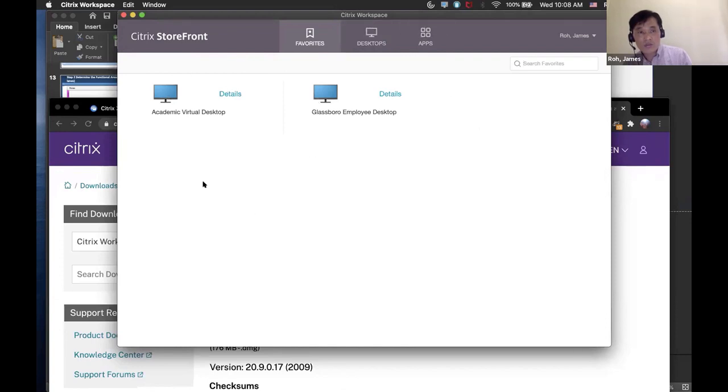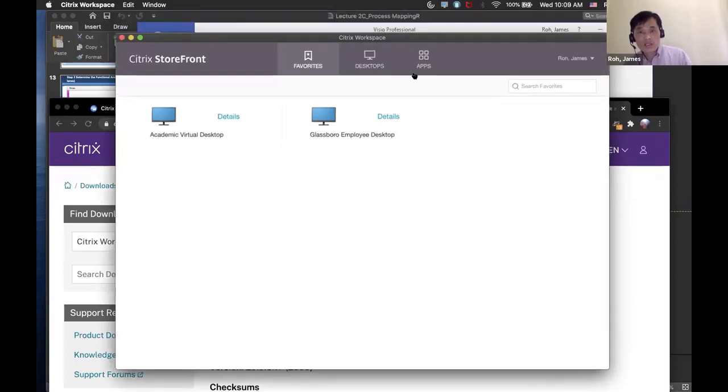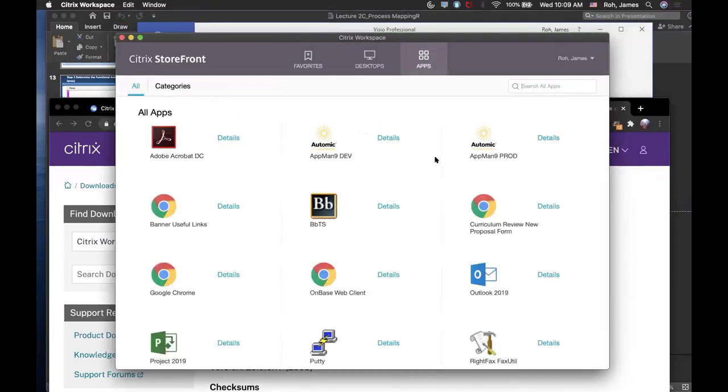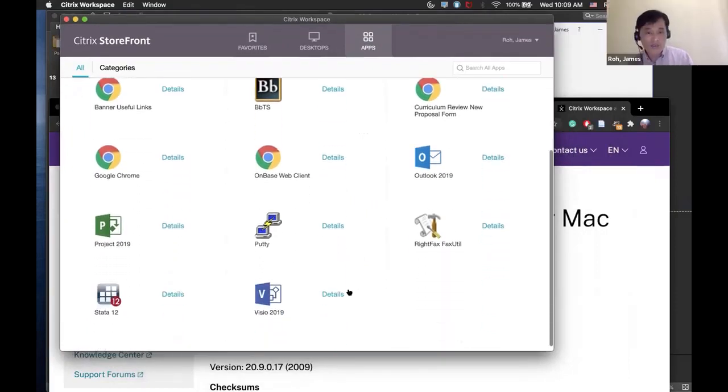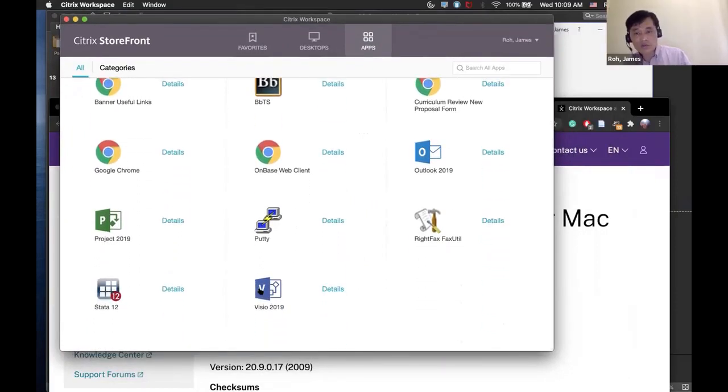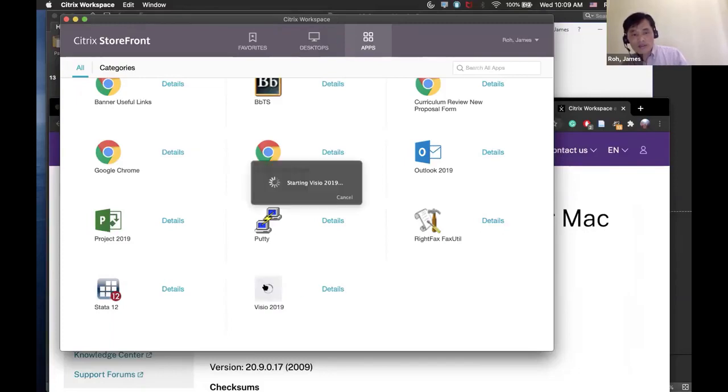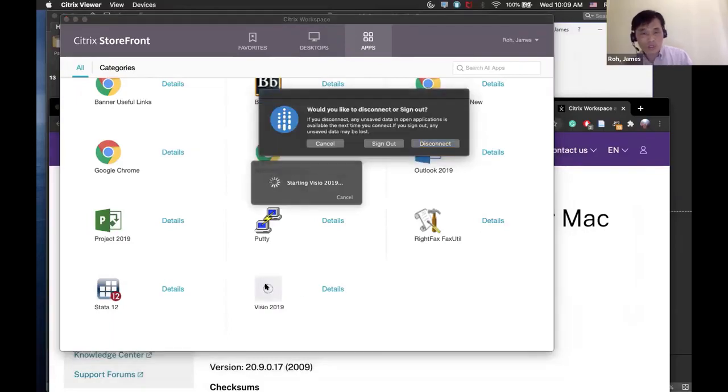I see. So if you look at the Citrix storefront, and I click on apps, and then you are supposed to look at these apps, and one of them is Microsoft Visio. Do you see that? So you have favorite desktops and apps, and I would encourage you to click on the apps tab, and then you will be able to install, run